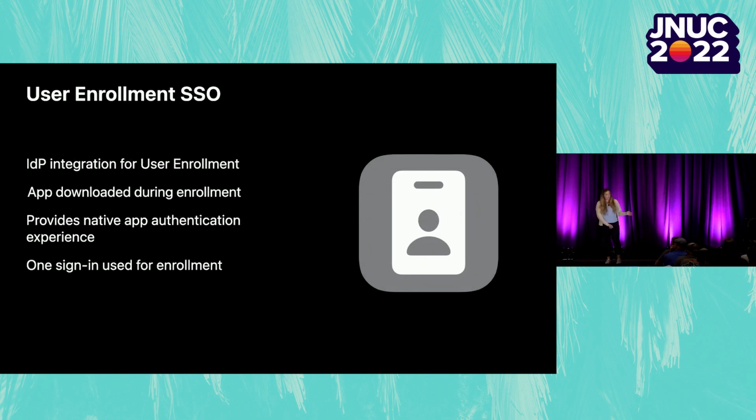So user enrollment SSO is designed to make that flow even faster and easier by reducing the number of sign-ins that are required during enrollment into an MDM. This is accomplished by installing an identity app, then using it to handle the repeated authentication process during and after enrollment. Users will start out by entering their email address in Settings. Then they're prompted to download that app from the App Store. This app provides a native UI to perform authentication steps, so it's very easy for the end user,